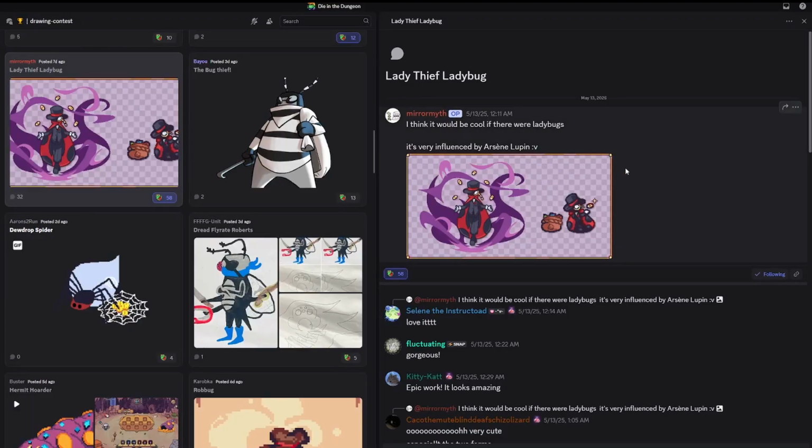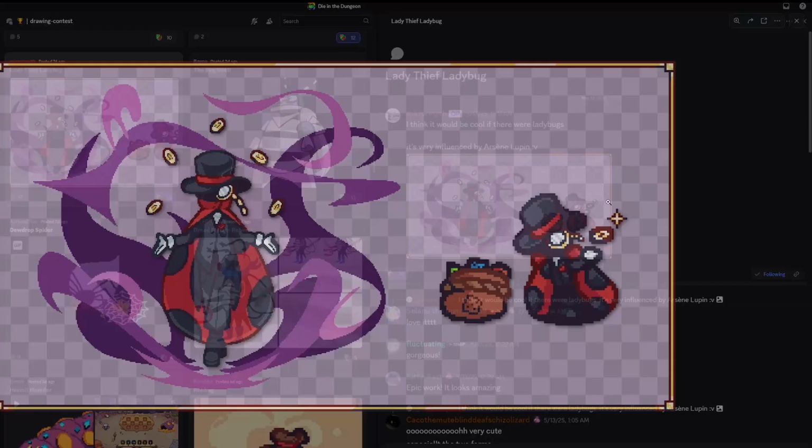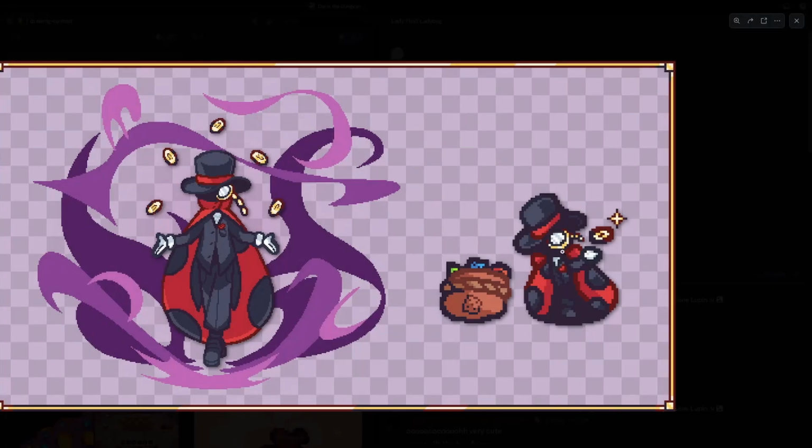So next we have the Lady Thief Ladybug, which I think is pretty cool. This is by Mirror Myth, and they say, I think it would be cool if there were ladybugs. So I think the design here is very, very interesting. I love they've got 2 different looks at it. One's a little more kind of game style, where you've got a little bit of smaller pixel art. They have their coin and their